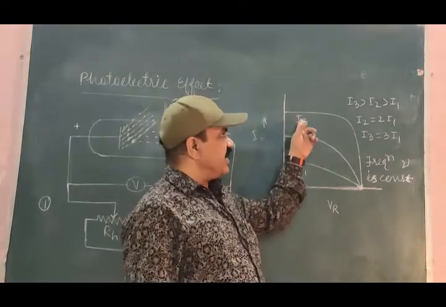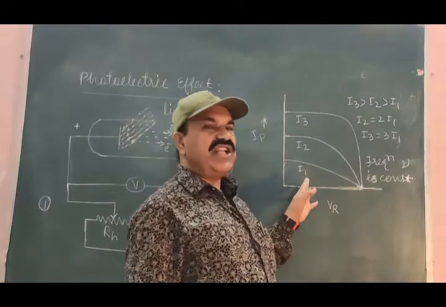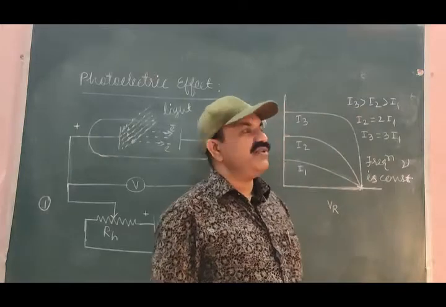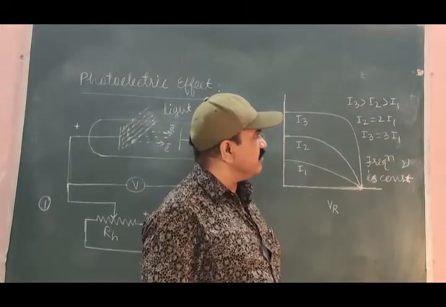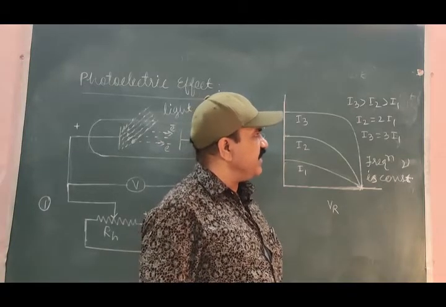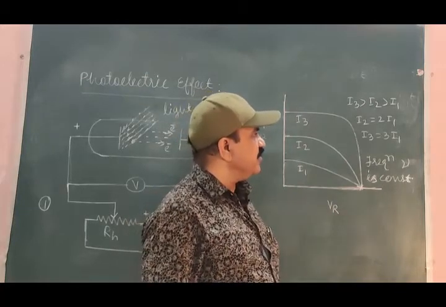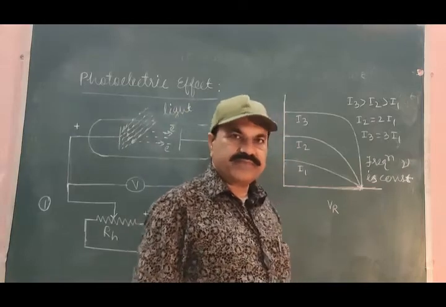For the third set, the intensity is I3. And what is the relation between these intensities? I3 is greater than I2, greater than I1. I2 is equal to 2I1, I3 is equal to 3I1. And what we see here,